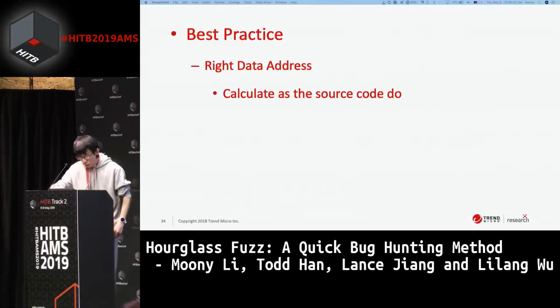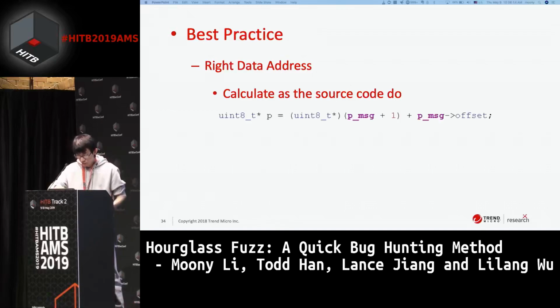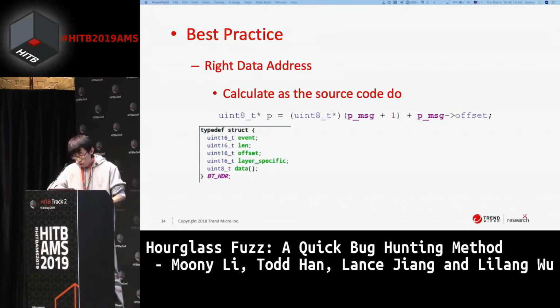And also, as I said before, in the code there are a lot of places that use this way to get the data's address, not just via the data field in the BTR thread. We once tried to just use this data array field in BTR, but finally we found that sometimes it will not point to the right address of the data. So what we do is that if the code gets the address by this,